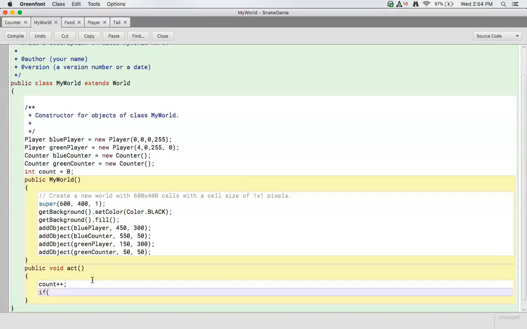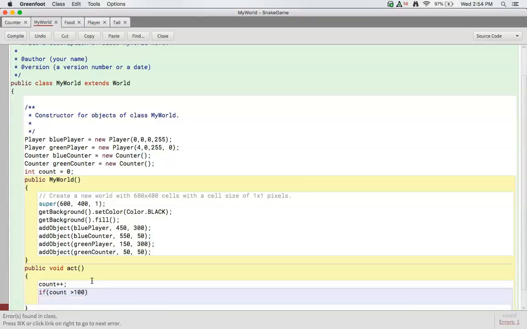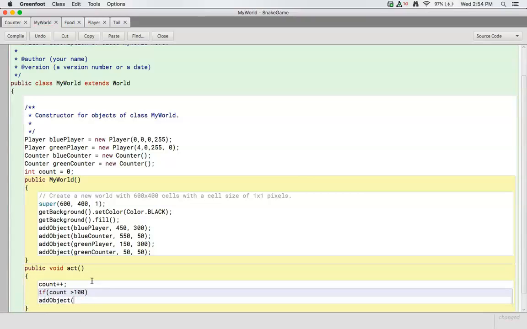So if our count is greater than 100, we will add object new food, and they will be red to look like apples,